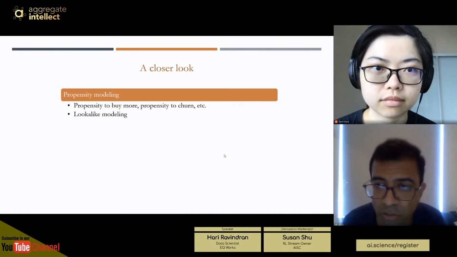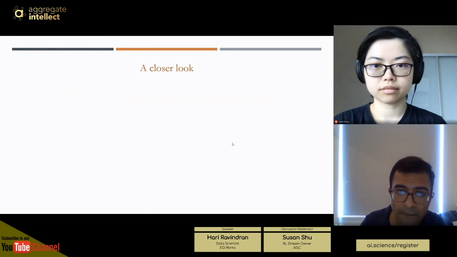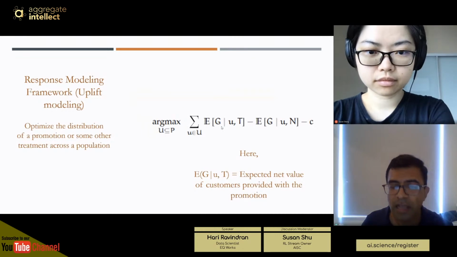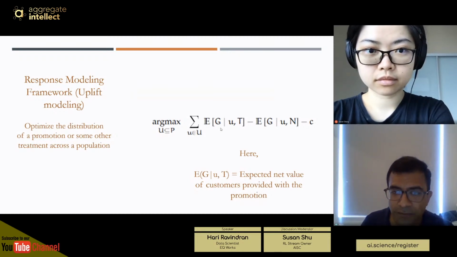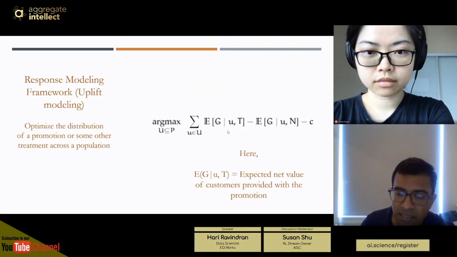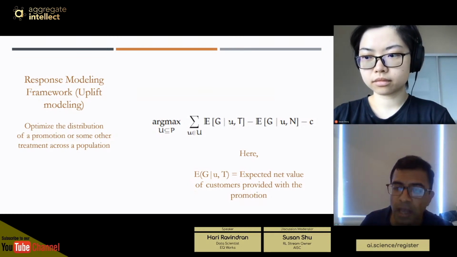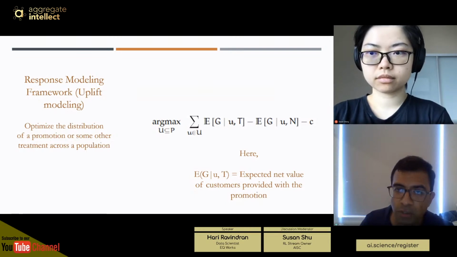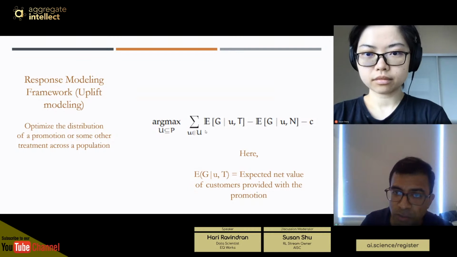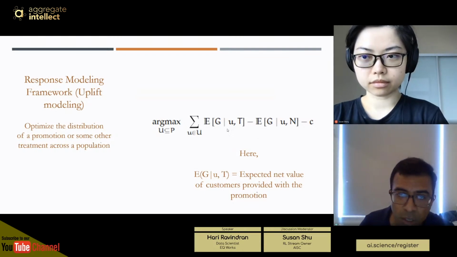And lookalike modeling also goes back to what I just mentioned earlier. Maybe I wasn't really clear about that. But the idea is, in order to maximize this difference right here, sometimes, and in fact, maybe I should say frequently, what retail firms or even brands do is they run a pilot campaign. So they run a pilot campaign on a certain subset of their population, and they identify people who were exposed, who took the marketing action corresponding to that campaign. So in other words, they identify customers who had a positive response to the first term in this sum. Now, in order to maximize the difference, what the lookalike modeling does is